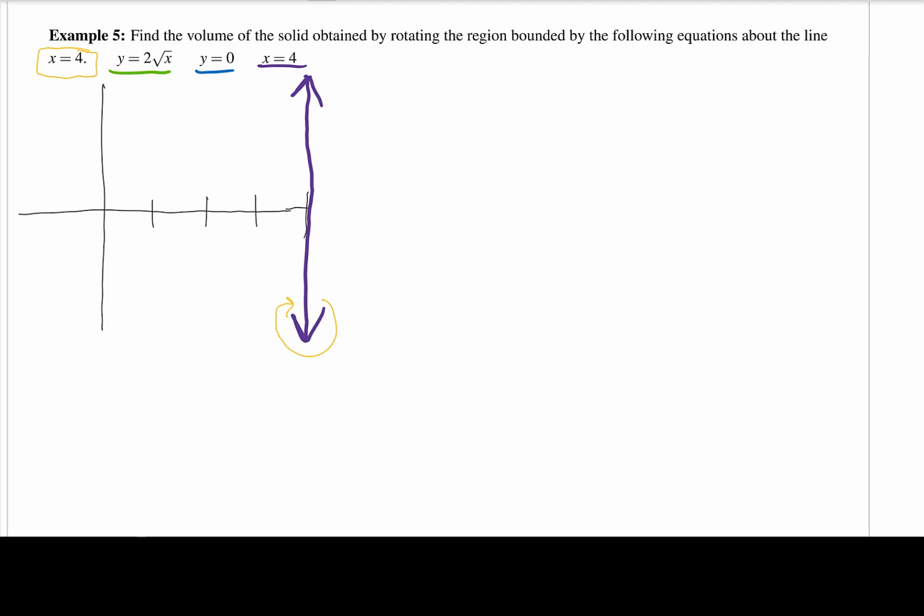Okay, now here's what I want to key in on. Whenever you are revolving about the y-axis, whenever someone says y-axis, you need to know y-axis is the same thing as saying x equals 0. So whenever you're revolving about some line that is x equals c, where this is just some real number,